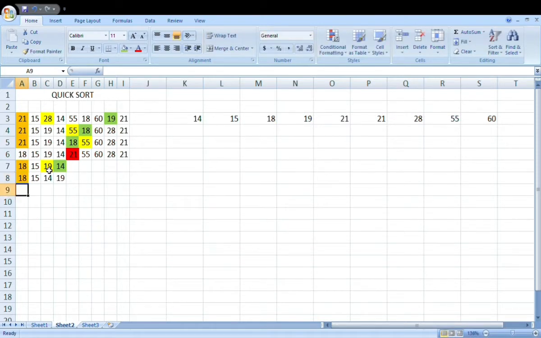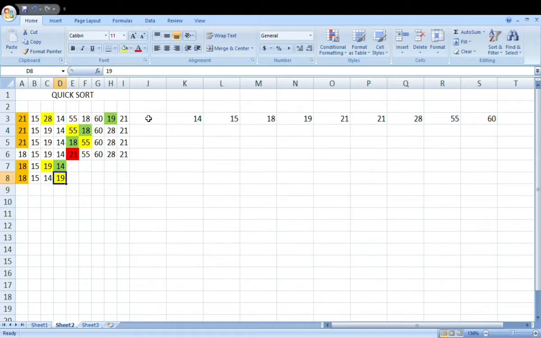Okay, so now again the same thing starts. Now from this position onwards, it will try to find the bigger number compared to 18, because till here it is completed, so it starts from here. So 19 is bigger, so it will stop here.